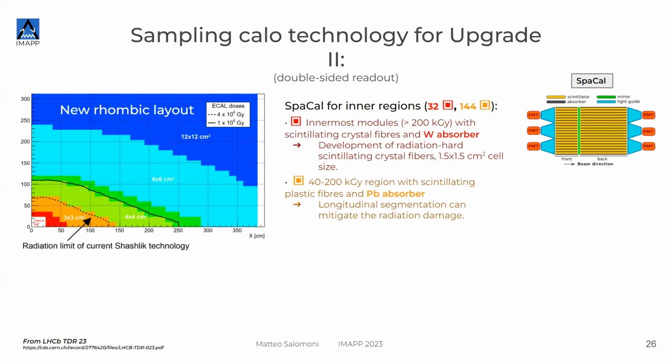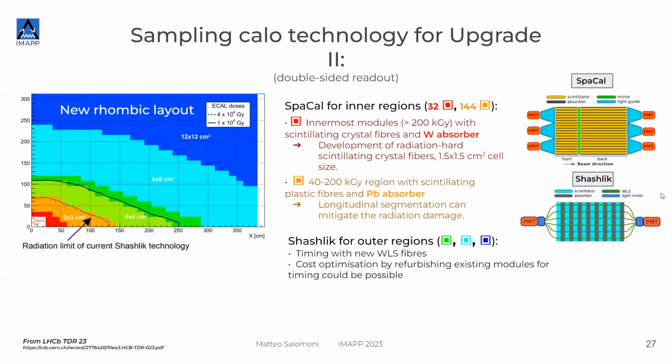This is different because the scintillator that we can put can be radiation hard, while the fibers that are running through this stack have to be WLS, they have to wavelength shift the light emitted by the light blue part here. Otherwise the light emitted in this layer cannot be transported to the PMT, so they have to re-emit their own light, and then this light can be transported in this fiber. In this case, the light emitted in the yellow part is already transported to the PMT, and the technology for producing scintillators which are already radiation hard exists. So that's the difference between the two technologies.